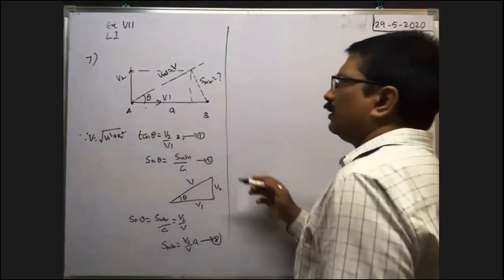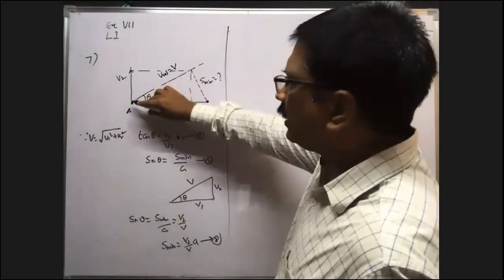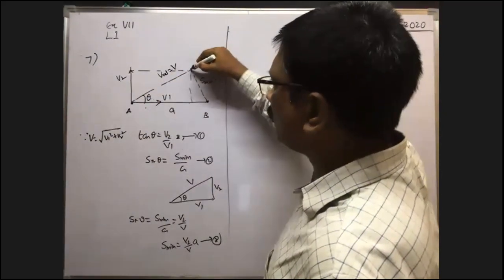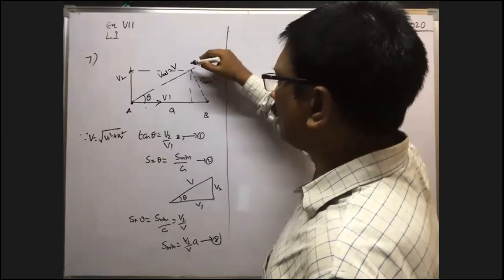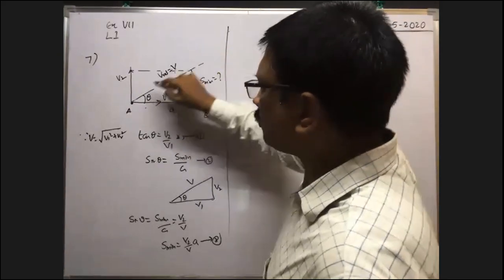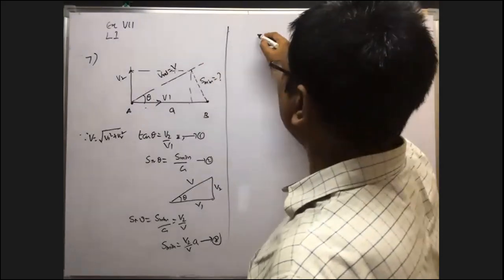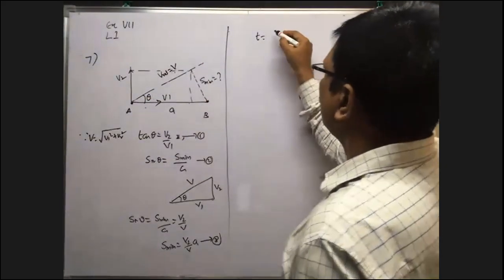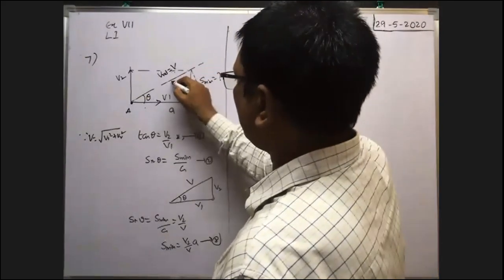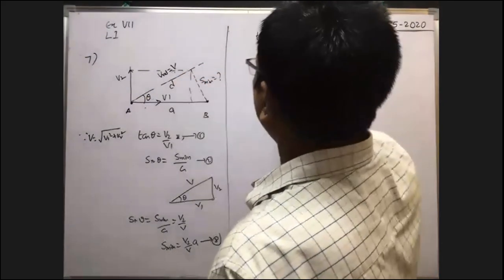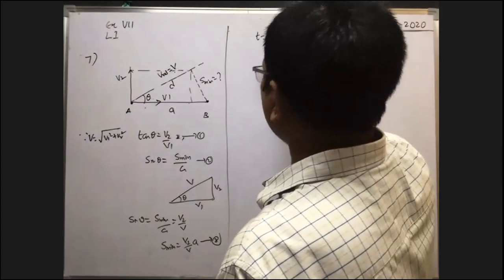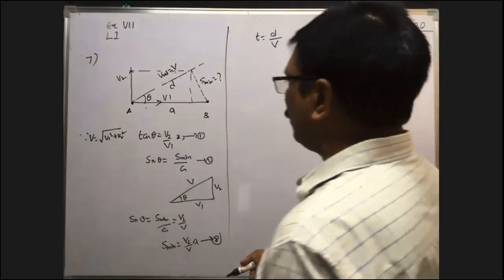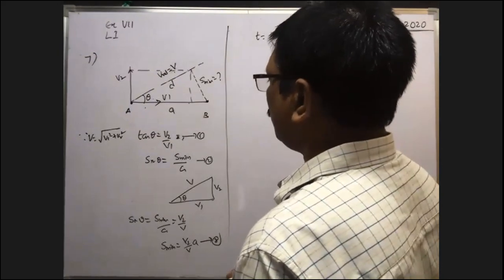Here, whenever the body travels with relative velocity v up to this point, only then the distance between these two is minimum. That's why, with this relative velocity to travel this much distance, what is the time taken? Time taken is equal to this distance, say some d, by relative velocity v. What about d? From the diagram, how can we write the d value?